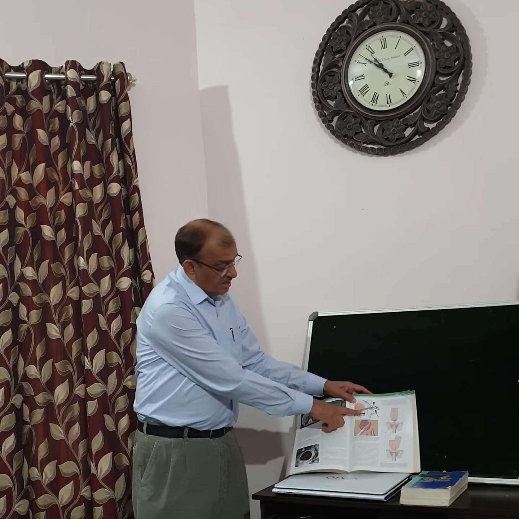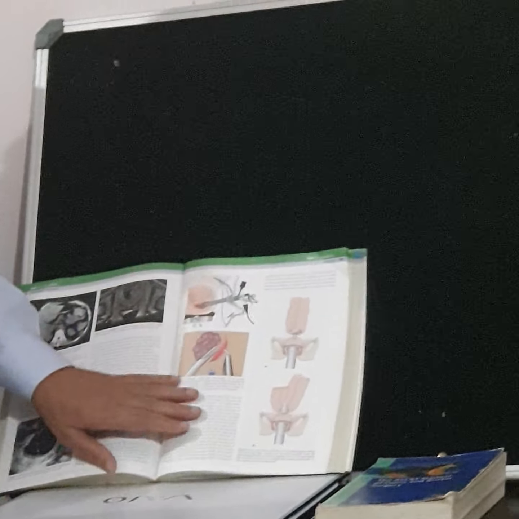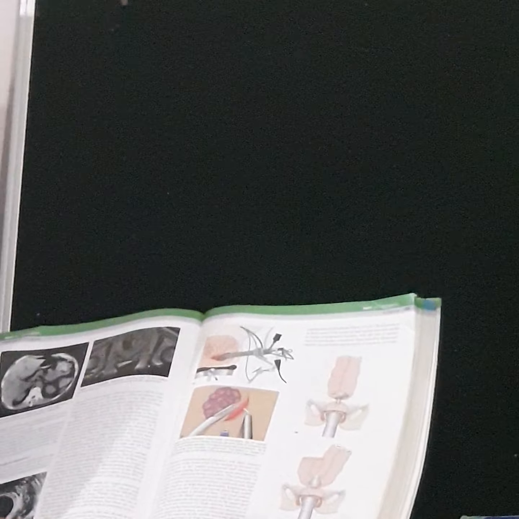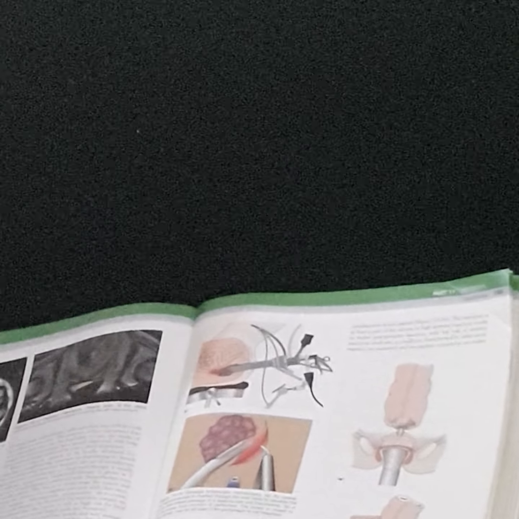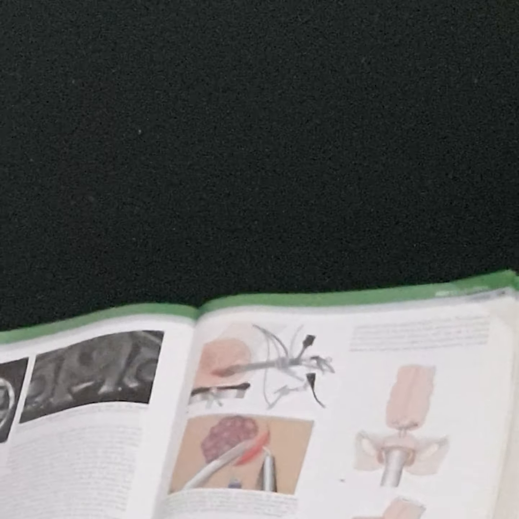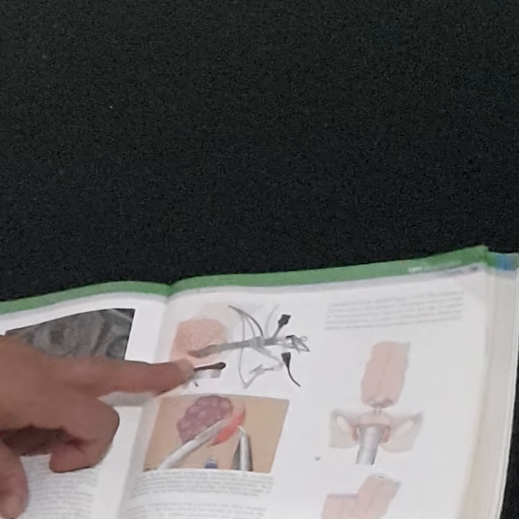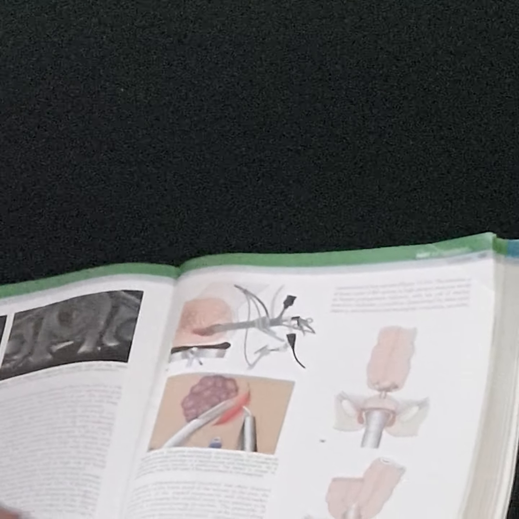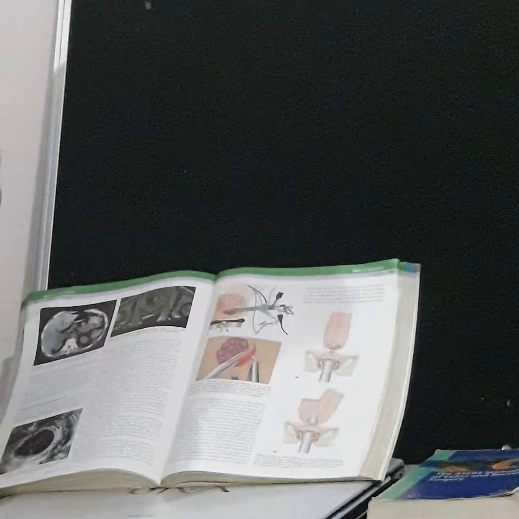And as you see in this diagram, you can put the instrument in through that and resect the growth from the submucosa. Submucosal resection you can do. Okay, so small tumor less than 3 centimeter, limited to submucosa, no lymph node involvement, you can do a transanal endoscopic microsurgery, TEMS. For any other reason beyond that, you will have to do a radical resection.